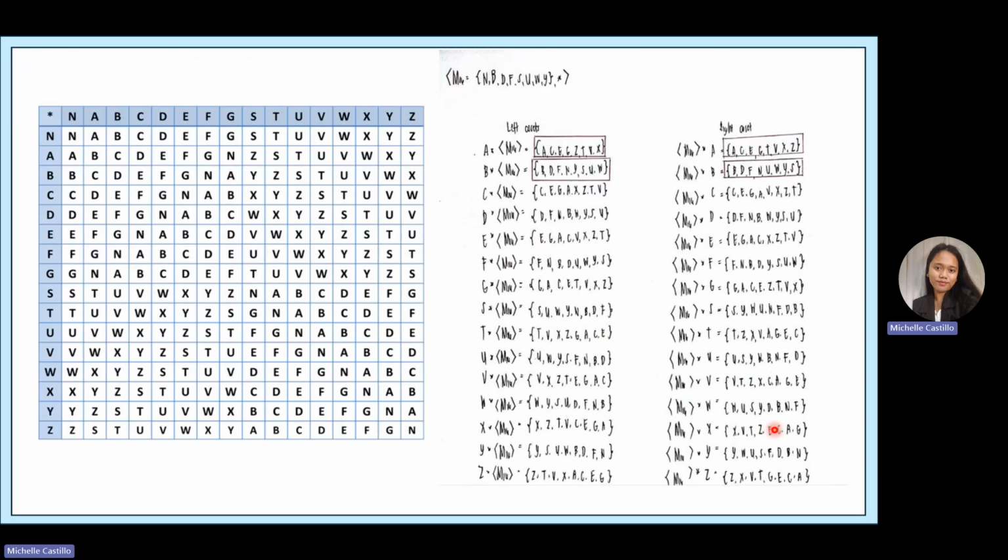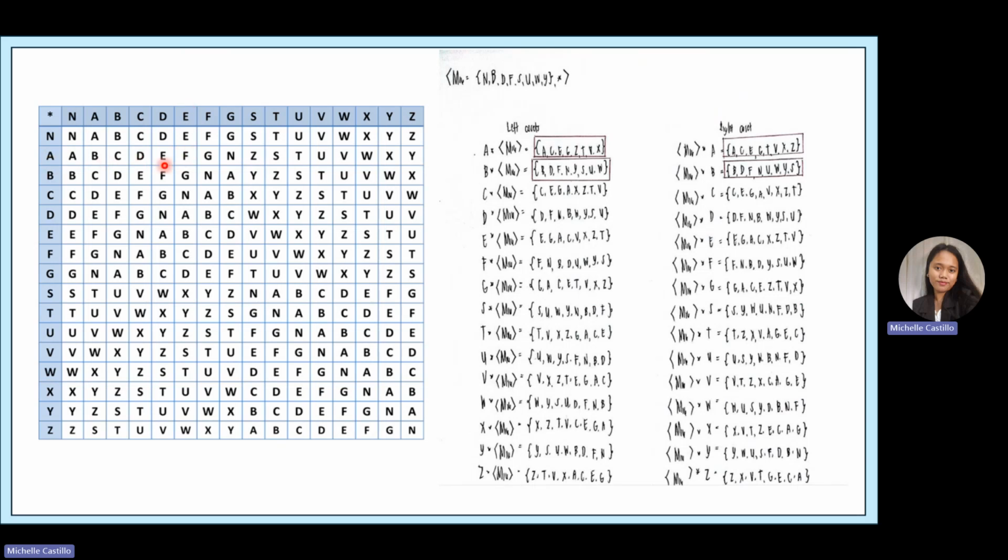Then next we have M sub 16 is equal to the set of n, b, d, f, s, u, w, and y under the binary operation star. So for the left coset, here again, we will operate the elements of the group to the subgroup, while on the right cosets, we will operate the subgroup to the element of the group. So for a, we have a star n is equal to a, a star b is equal to c, a star d is equal to e,